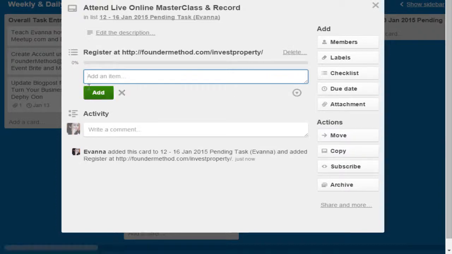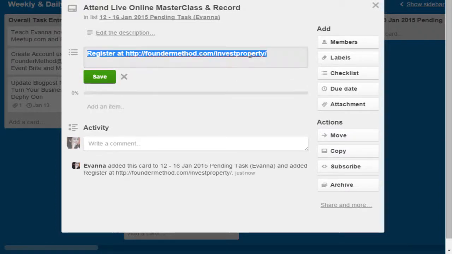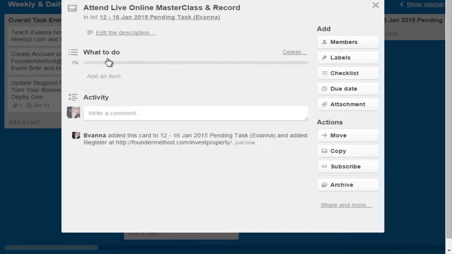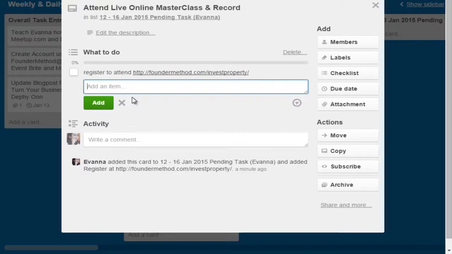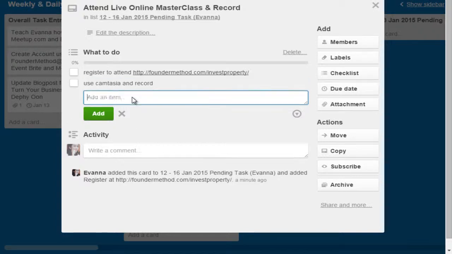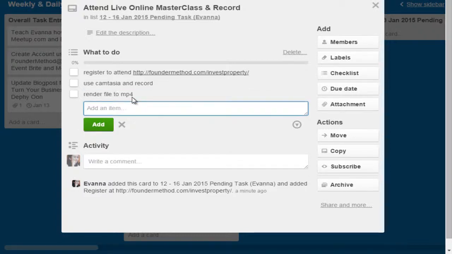Can you see? Sorry. Wait. What to do? Okay, what to do? And then from here, I just put here, see, register to attend this, and then enter. So it's a checklist, and then use Camtasia and record. Okay, render file to MP4, Dropbox link to